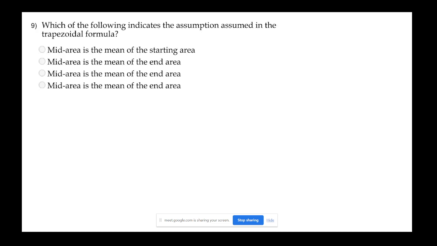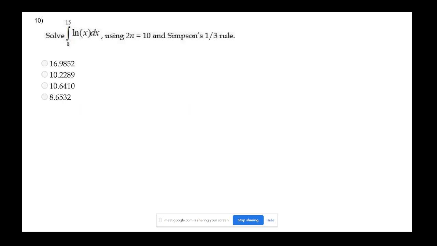Which of the following indicates the assumption assumed in the trapezoidal rule? So it is nothing but mid area is the mean of end area. Next question, you are given as solve